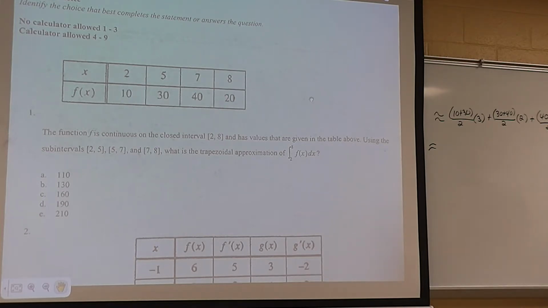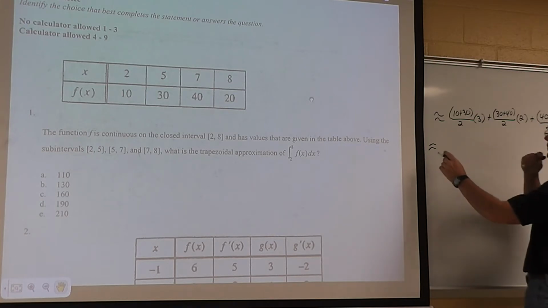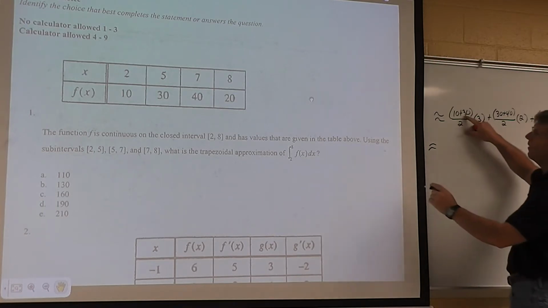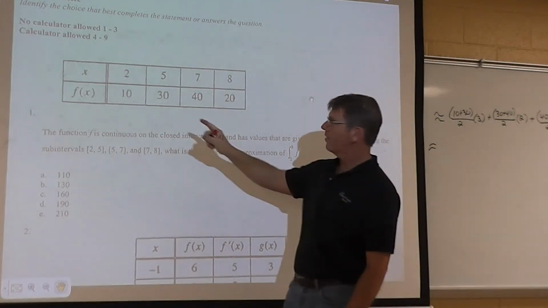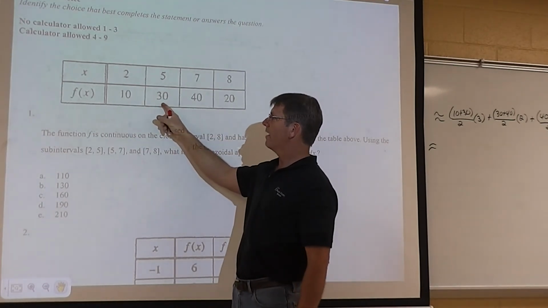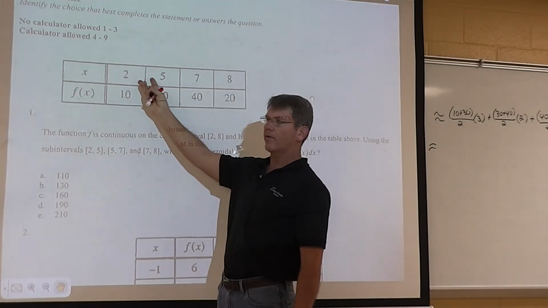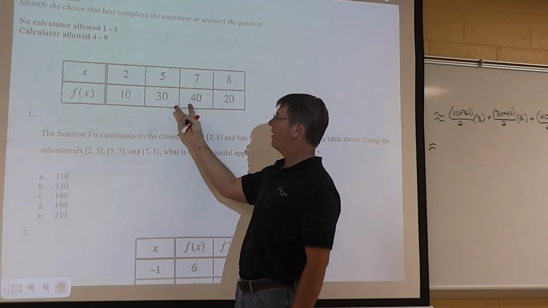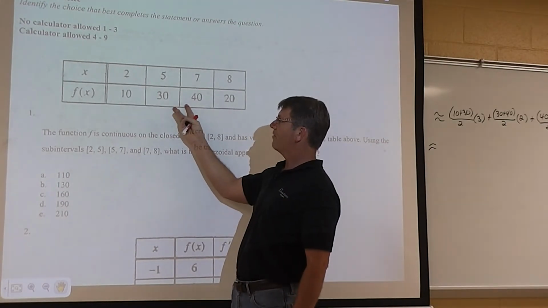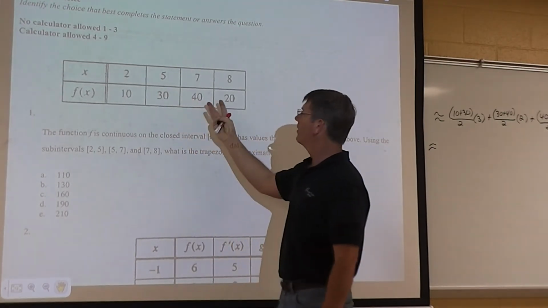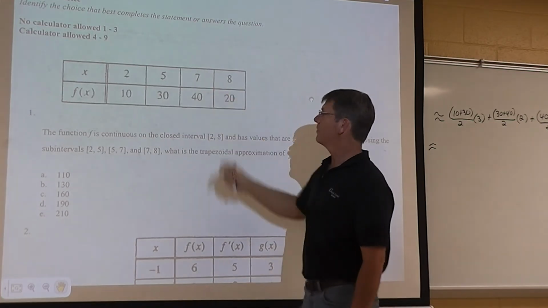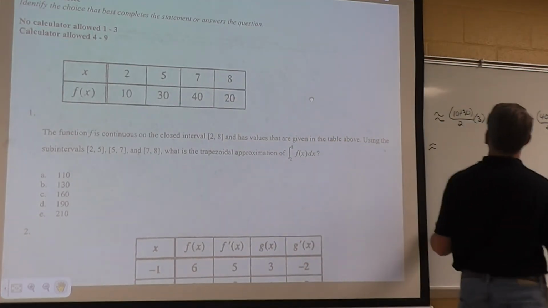I have to simplify a little bit here. Hopefully this arithmetic will work out. I think I might be cutting a little bit off my screen yet again. I'm going to condense it over here. We got the 10 plus 30 as my two function heights divided by 2 times the width of 3. 30 plus 40 divided by 2, the average of the heights times the width of 2. The average of 40 and 20 times the width of 1. And that's going to give me